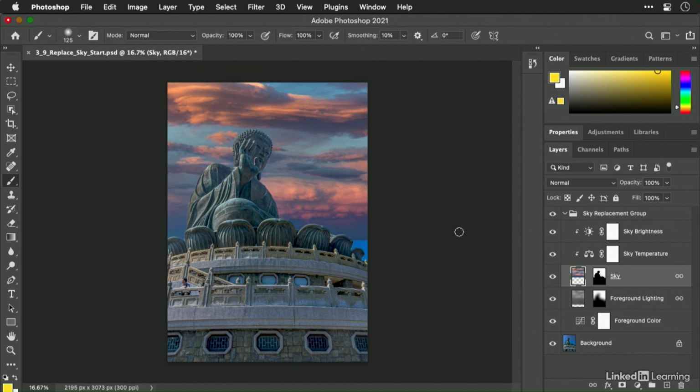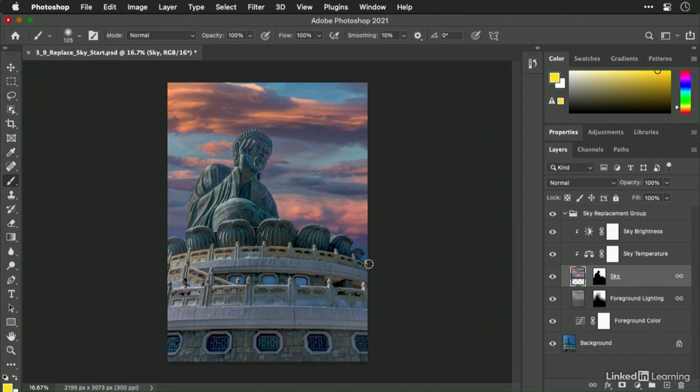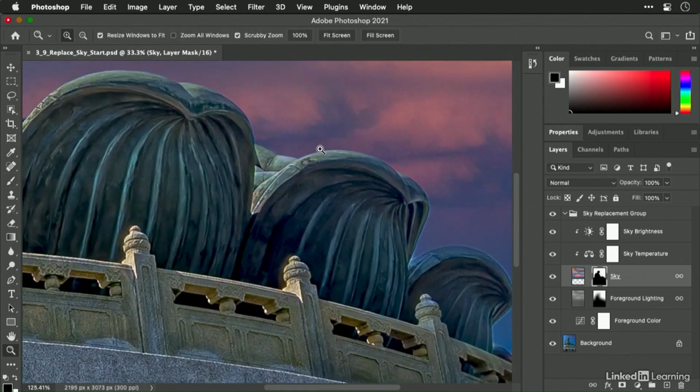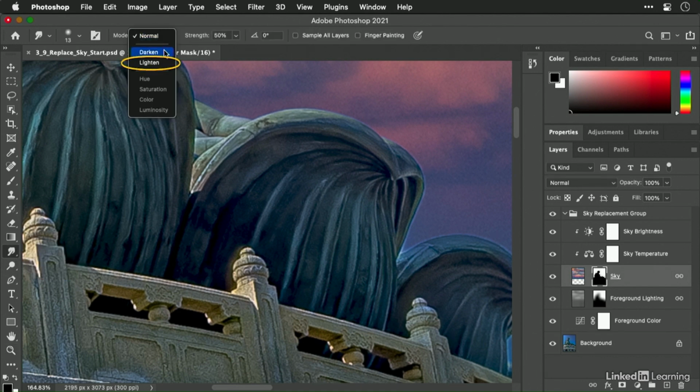But be careful with those repositions. You notice there that it pulled it up a bit too far. So you can always transform this and adjust, but pay attention to those edges as you manipulate. If you see any areas where it didn't do a good job, you are free to select the mask here and then use your paint tools. So for example, right here on this edge, it's close, but I see a little bit of the old sky peeking through. So I would select that mask, and my preference would be to use the smudge tool. And I'm going to tell it to push only the light pixels, and I'll use a low strength. Now what I could do is smudge that edge and push it. And so I'm pushing the matte and bleeding this edge over so that it's